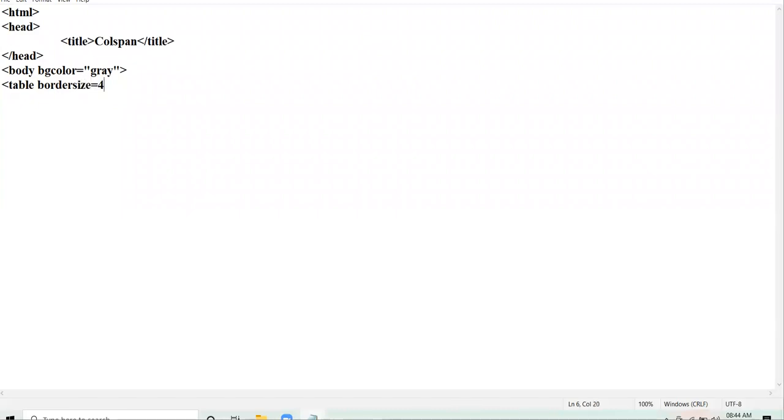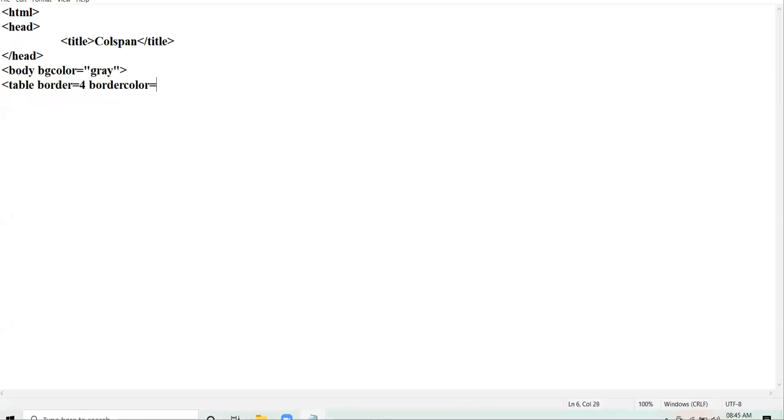Size of the border doesn't mean you write border size. Attribute will remain border. Size means the thickness. You're not supposed to write the word size along with the border. It will remain the border attribute only. Size just signifies that the thickness is 4. Okay.